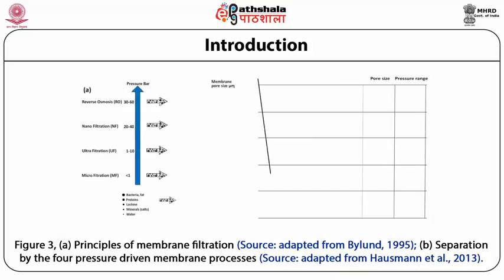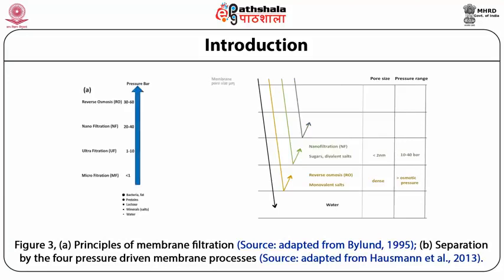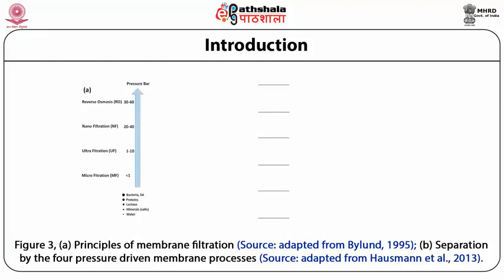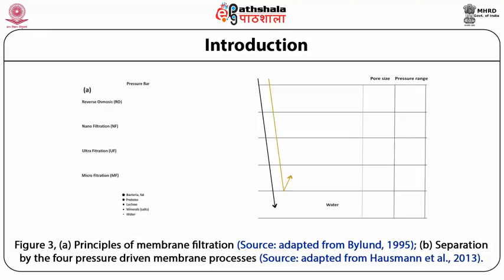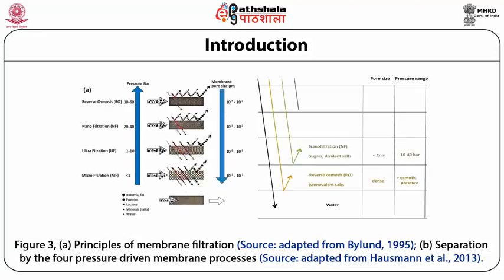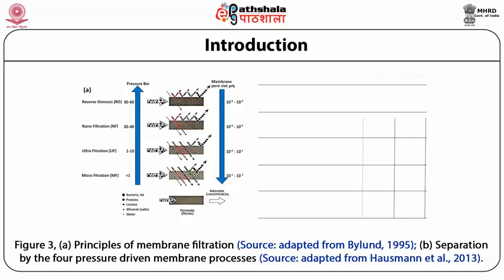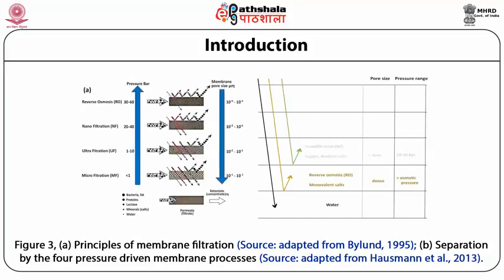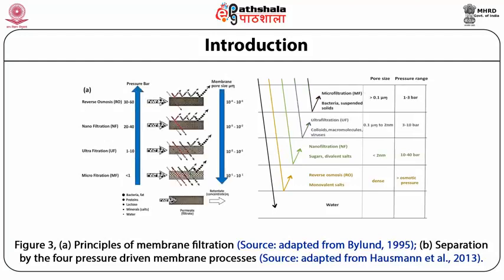Which particles are retained and passed has been shown with arrows: bacteria in blue color, fat and protein in green color, lactose in violet color, minerals in red color, water in sky blue color. So here we can see that in the case of microfiltration, only bacteria, fat, and some of the proteins will be retained, otherwise everything will pass. Coming to ultrafiltration, all the proteins and fat will be retained, while everything else, minerals, water and lactose, will pass.